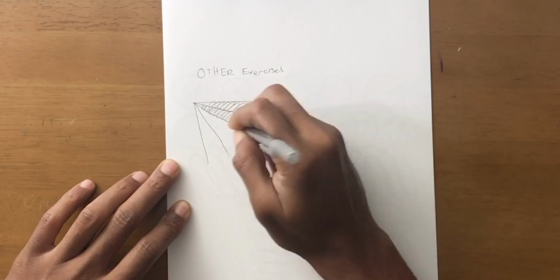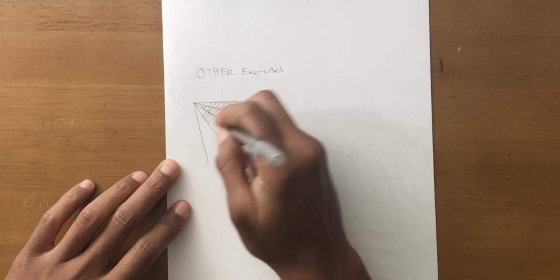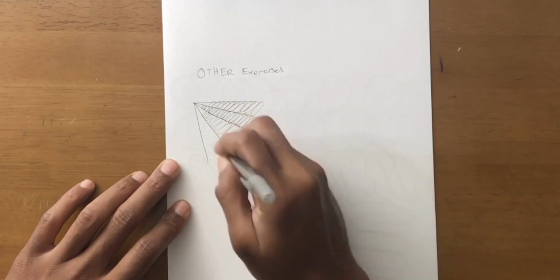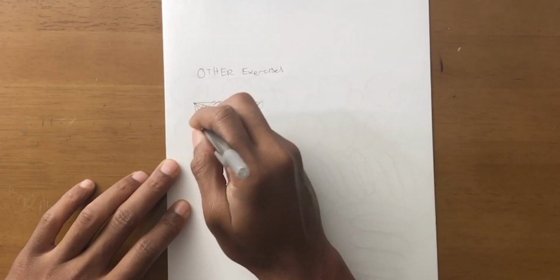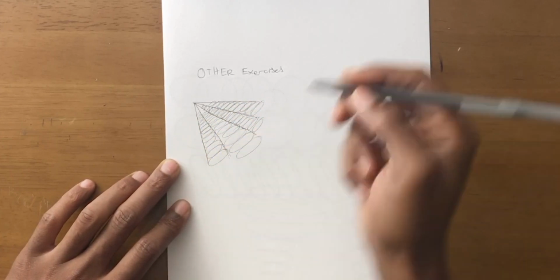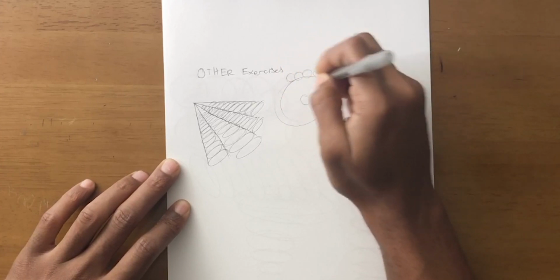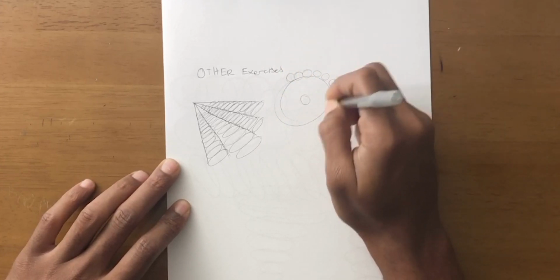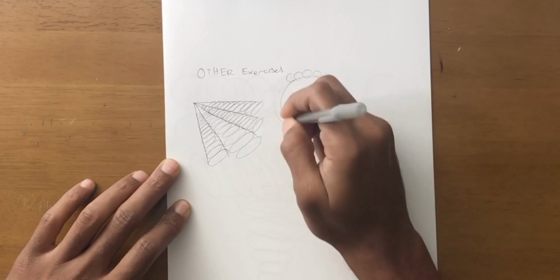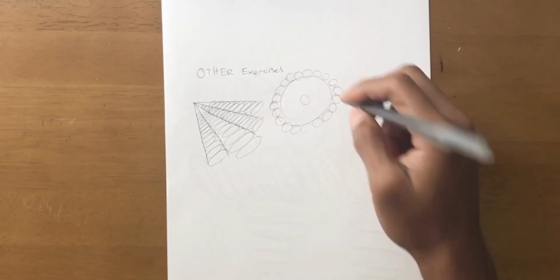All very good, all very helpful. But I believe that you can spend 2 minutes doing this practice and you'll be fine. You don't have to spend an hour or 30 minutes just practicing circles, lines, and ellipses. These are just different examples of how you could practice them and build up accuracy,